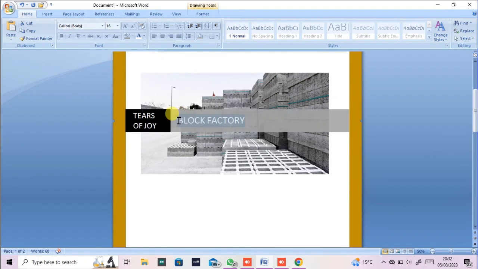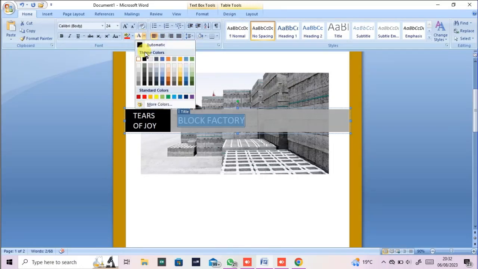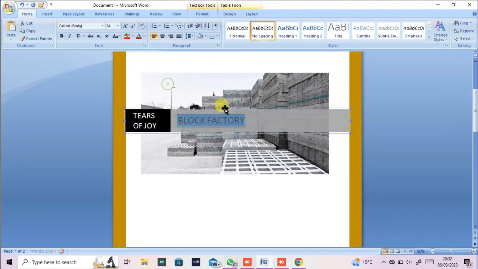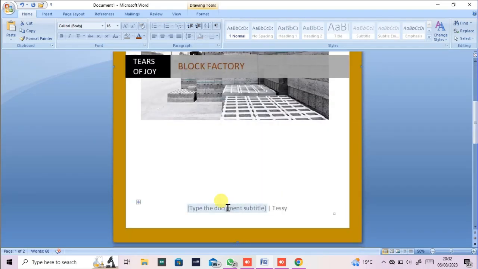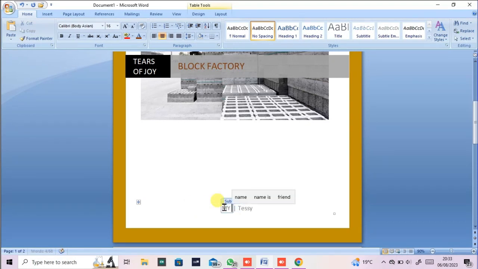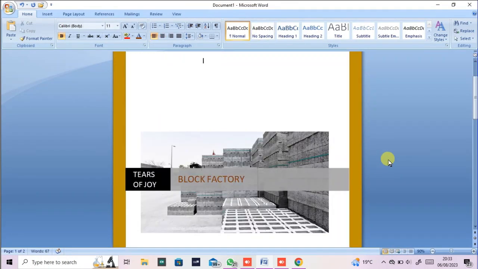Now, as you can see, this block factory is white, but it's almost the same as the picture background. So we can decide to give it a new color so that it will not look like the background picture. Now you do it like this, and it's nicely designed. So what's next? Then you can say type the document subtitle, let's say my side business. So at this point, you have designed